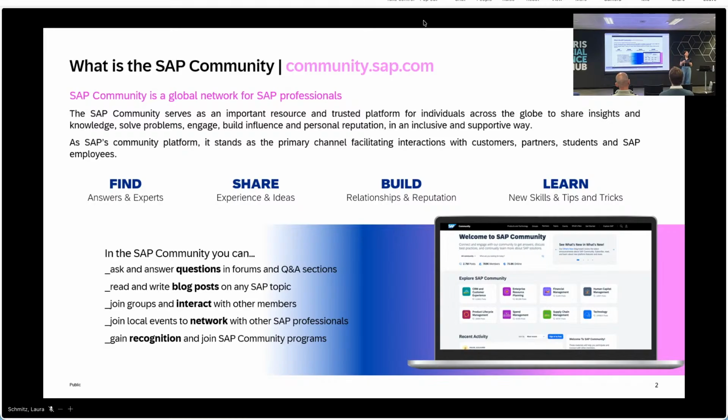There are also various groups on the platform, different groups of interest or topic, via role or SAP topic specific, or also location specific groups where members can join and interact within that space. The community in general, as I said, is for sharing knowledge with each other, but it is also a great place to build reputation, to grow your network and your professional path within the SAP ecosystem. And one way to do that is also by joining SAP community programs, such as, for example, the SAP